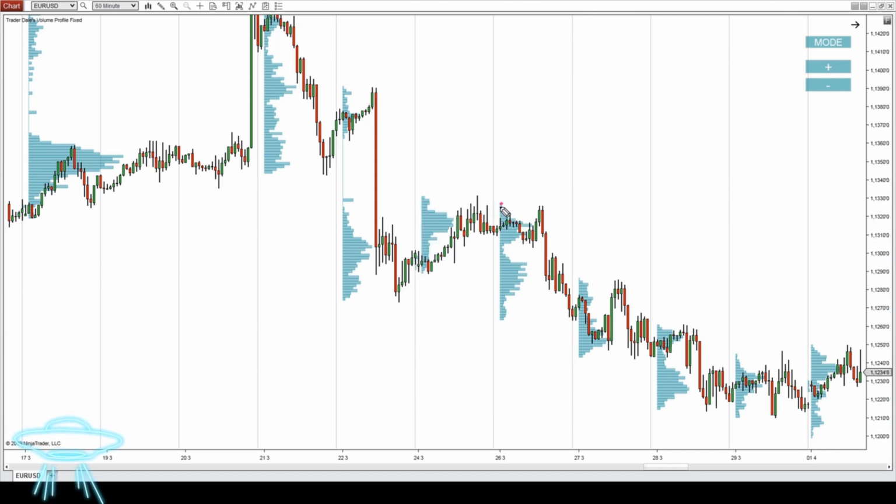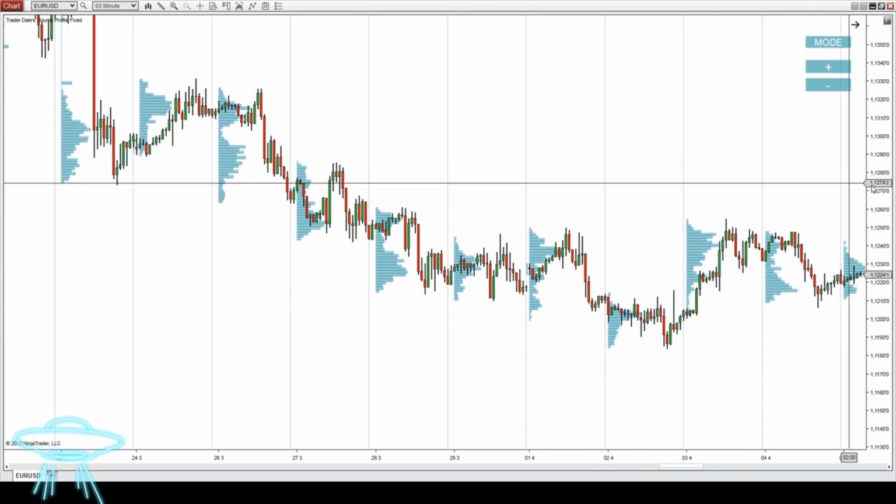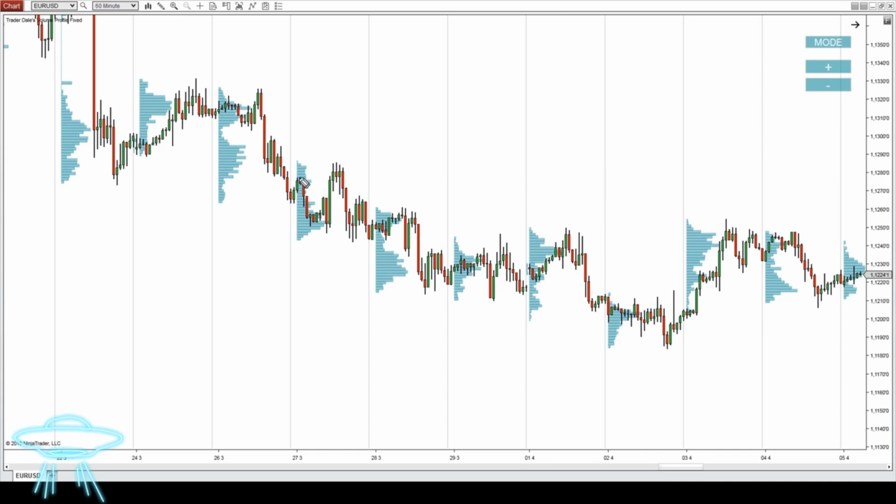The next day there is a sort of thin profile, and afterwards the price goes downwards, the volumes are shifted downwards. There's a B-shaped profile, sign of sellers, another B-shaped profile, another sign of strong sellers. Then there's a rotation, D-shaped profile, sign of a balanced market, and after that there is something that looks like a